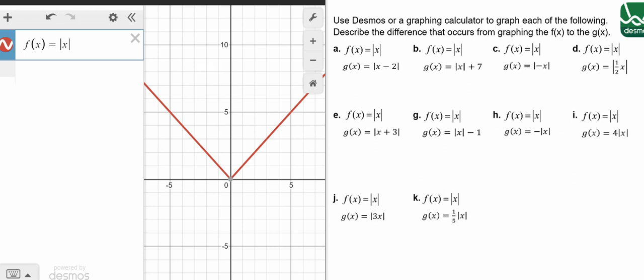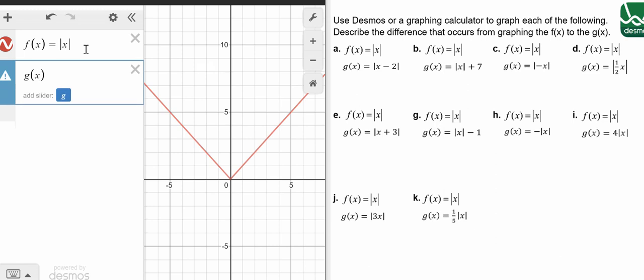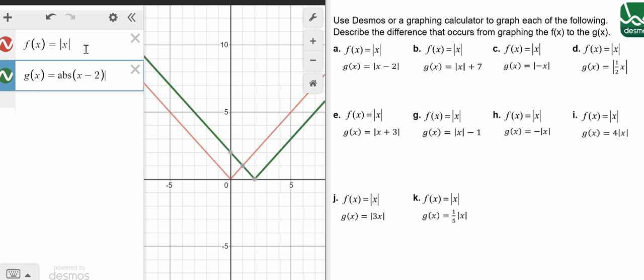And so here we see our absolute value function in red, right? The absolute value function of x. So now we're going to start entering in each of these. We're going to start with letter A, and it says that our g of x is going to equal the absolute value of x minus 2. And so when we put that in, we're going to see